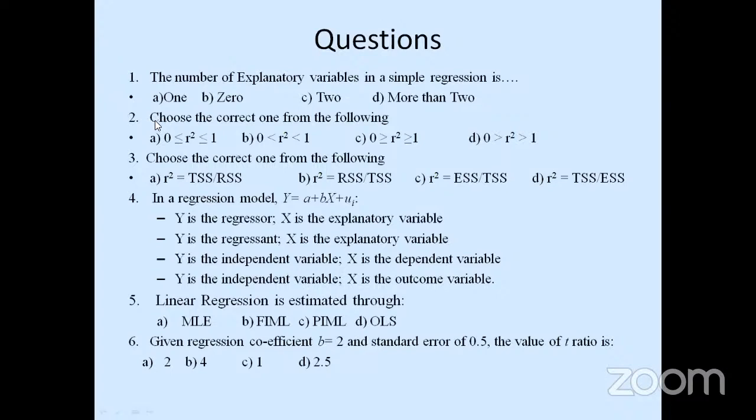Can you answer the second question? First option, sir. What is the range of this particular R square? A, B, C, D. Yes, sir, A. So it always lies between 0 and 1. Of course, all the options look like this, but 0 less than or equal to. Okay, A. Fine. When you go for the third one,